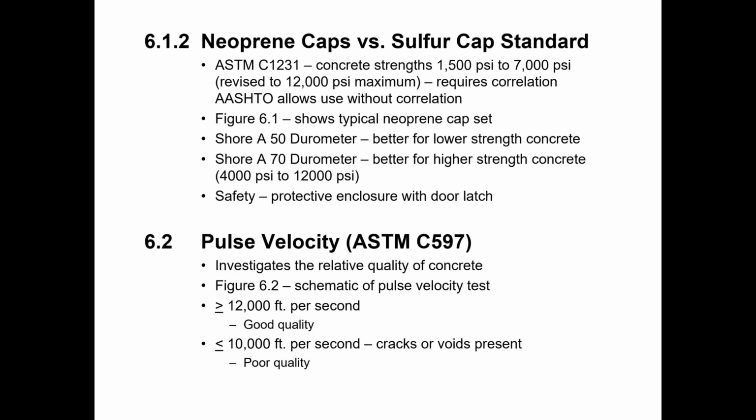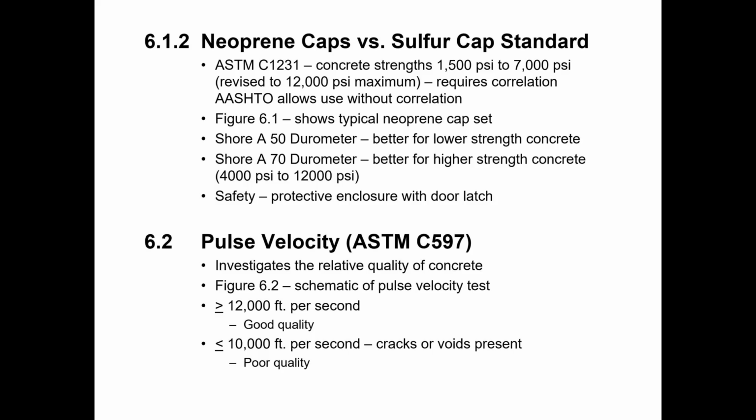All right, the first alternative method that we're going to talk about is the pulse velocity method, ASTM C597. This is one of those methods that really doesn't do a good job of telling us the concrete strength. Really, this method is more useful in determining the relative quality of the concrete. So that's one of the drawbacks of this method: it does not give us precise indications of strength. One of the advantages is that it can be used on in-place concrete. It doesn't damage the concrete further,